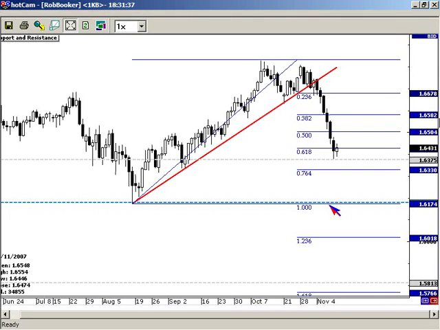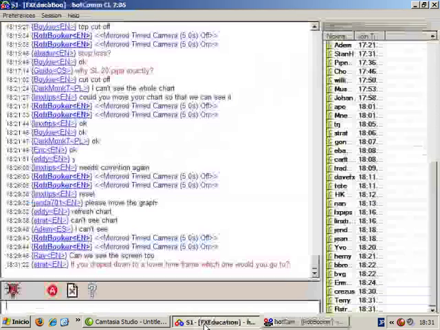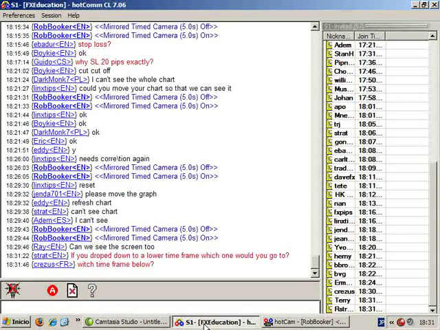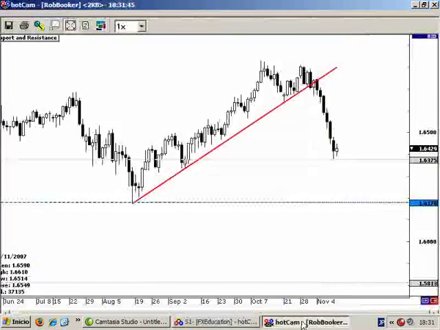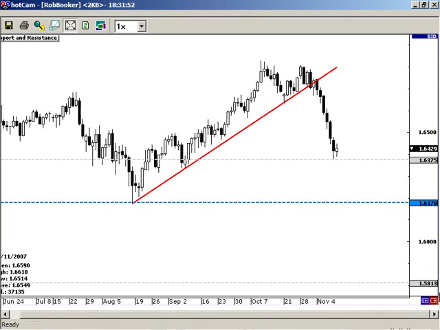Strat asks a really good question. If we drop down to a lower time frame and we're going to take this trade on the lower time frame, what would we drop down? I usually drop down 3 to 5 times lower. So if I'm on the daily chart, I go to the obvious choice, the 4-hour chart. If I'm on the 1-hour chart, I drop down to the 15-minute chart. If I'm on the 15-minute chart, I would drop down to the 5-minute chart. If I'm on the 5-minute chart, I'd drop down to the 1-minute chart. If I'm on the 1-minute chart, I'd drop down to the